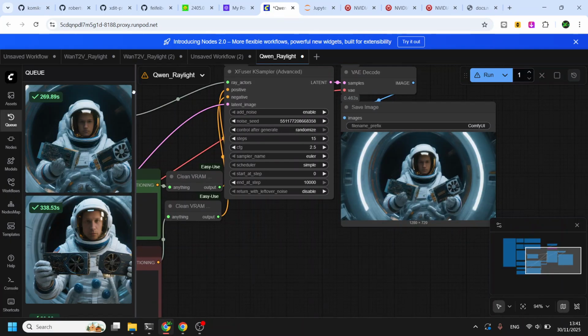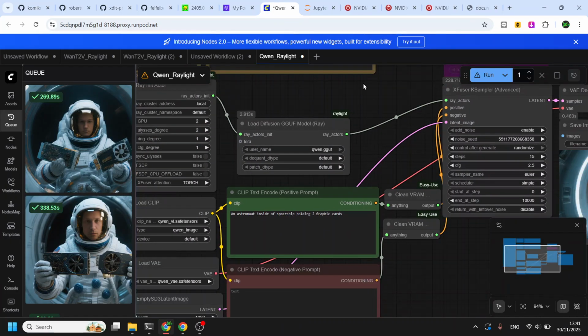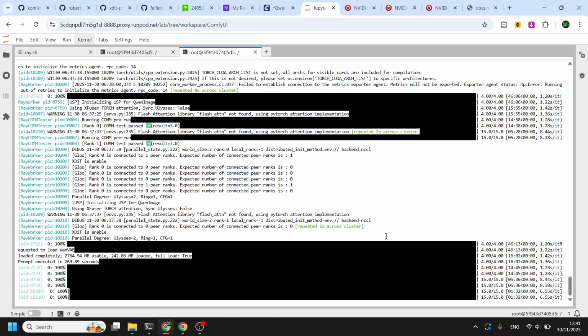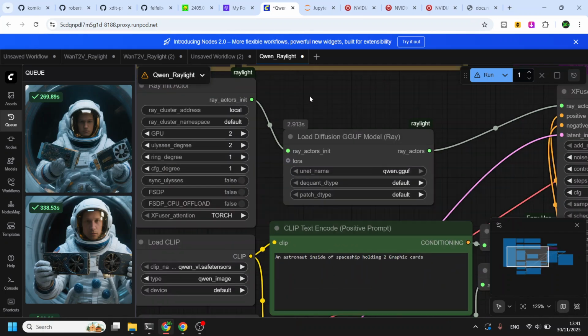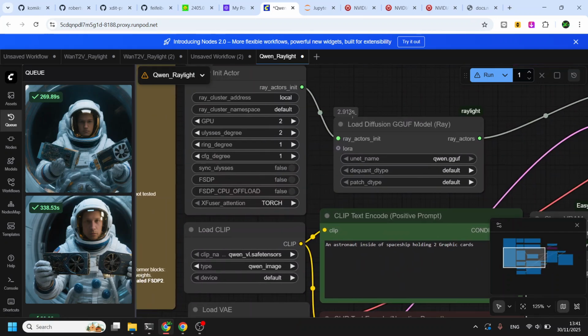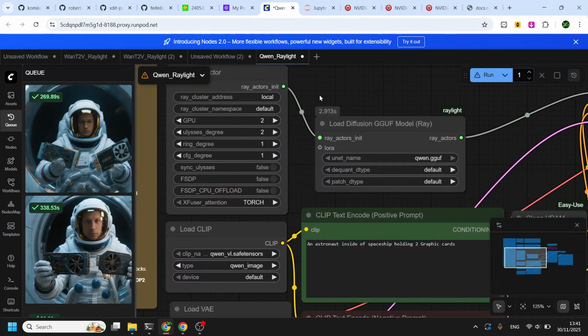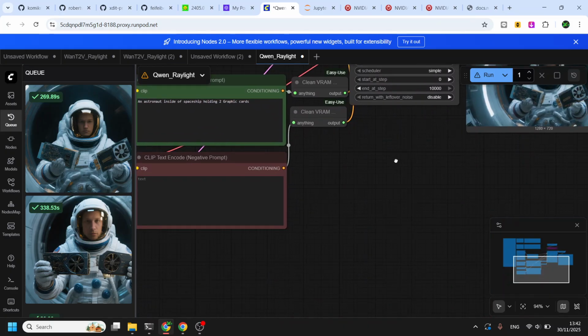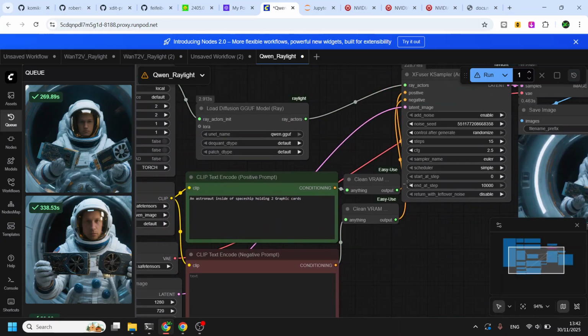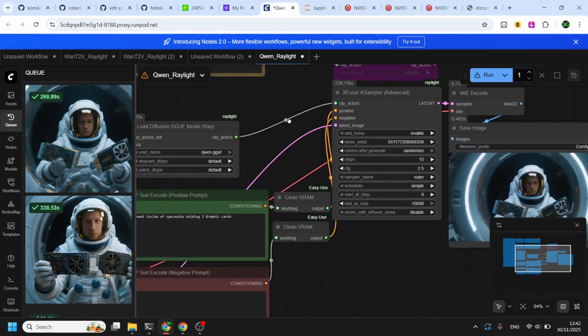So this is using Ulysses, and it is much faster, 6.55 seconds compared to CFG. So yeah, you can play with any of the settings as long as the multiplication is valid for your number of GPUs.